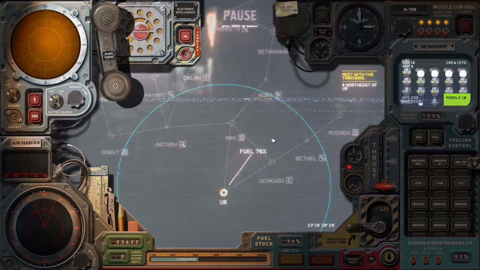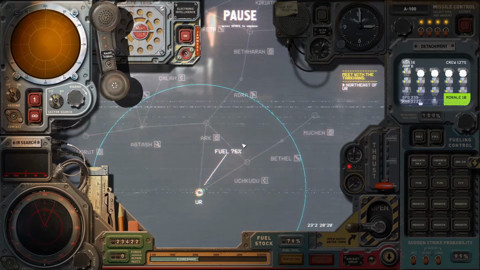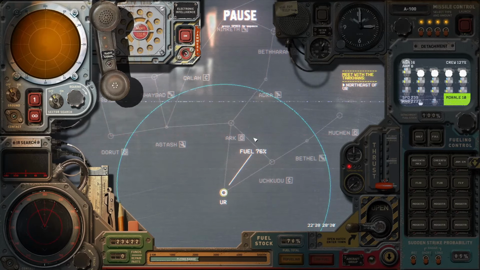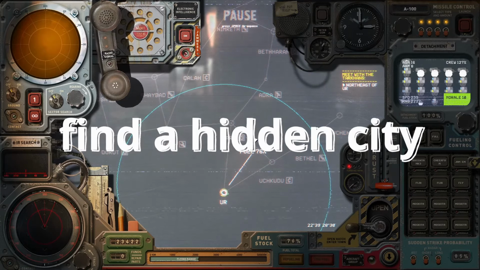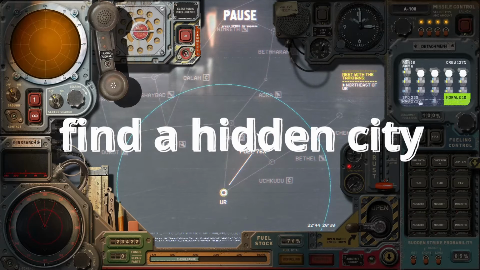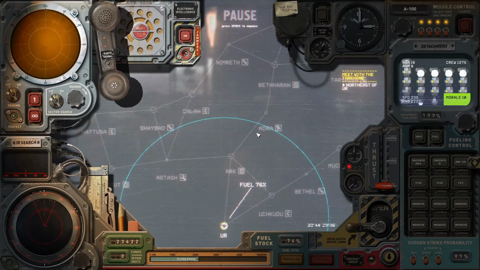This is actually pretty damn good. We don't need to refuel our main fleet in order to already start conducting our operation. Which, speaking of, now, our two main objectives, or really three. The first one is to find a hidden city. That is probably going to be the biggest mission and priority for this campaign as a whole, at